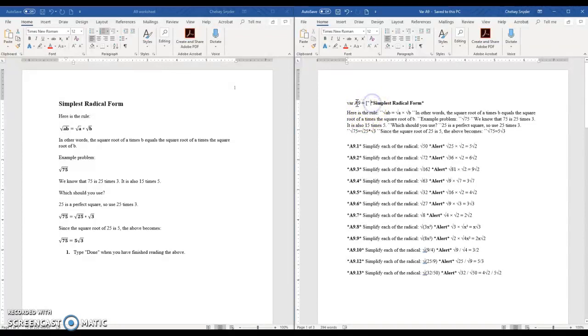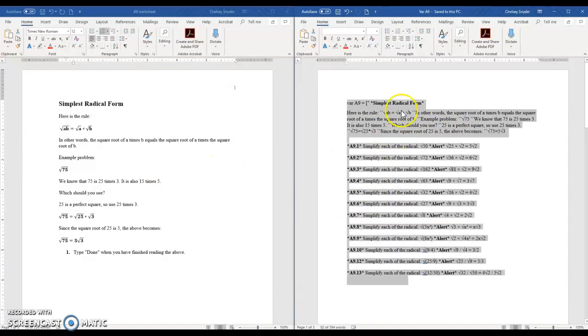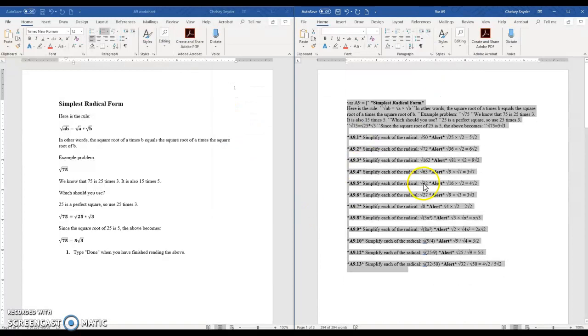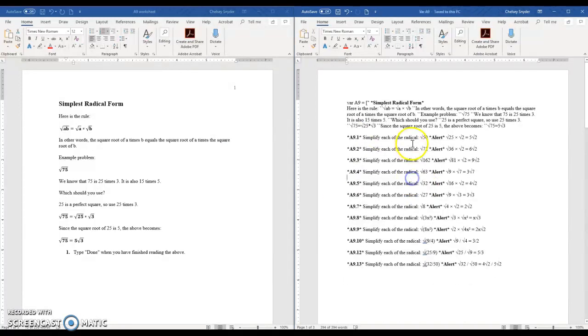The next thing is, so we can see here, right, all of this actually has to be coded as a question. If it's not coded as a question, it's not going to work out. I'm going to go ahead, and I can tell that there's some extra spacing, so I'm going to reset the spacing, 0, 0, single. So that's going to be good. And then what we're going to need to do over here is put in bold, so this is going to be a 9.1, colon, there has to be a colon, and then we're going to have, simplest radical form,